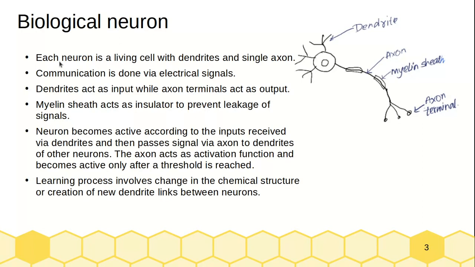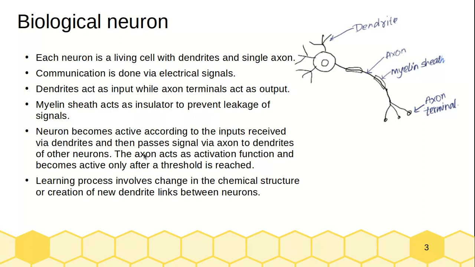So let's go through the points quickly. Each neuron is a living cell with dendrites and a single axon. It communicates by electrical signals, and the electrical signals are produced by the change in ion concentration at various regions of the cell. The dendrites act as input, while axon terminals act as output. Myelin sheath is the insulator that prevents the leakage of signal, and the neuron becomes active according to the signal received from the dendrites,